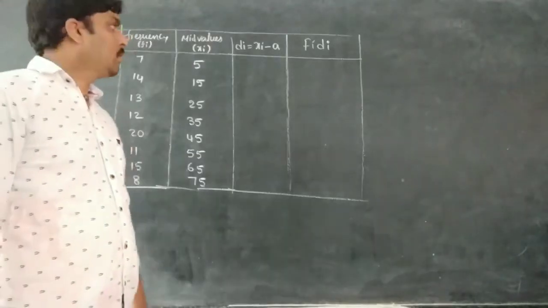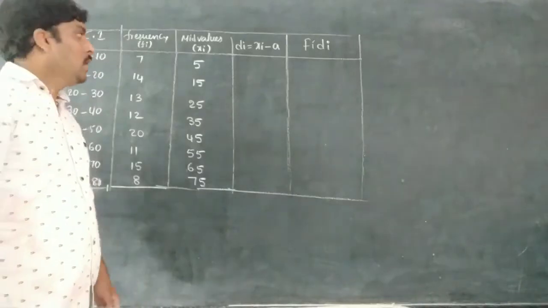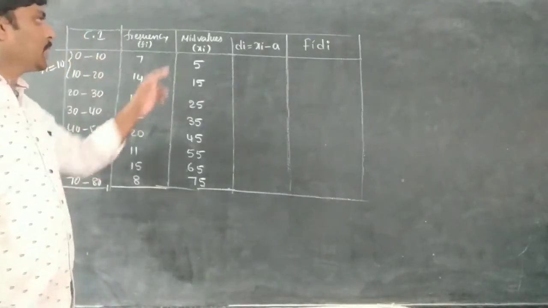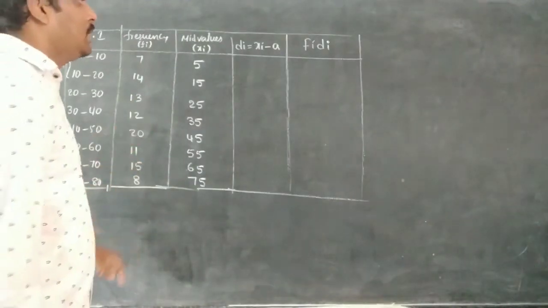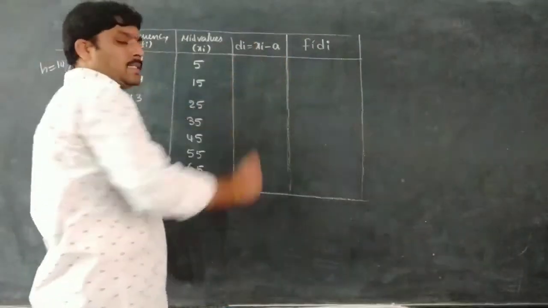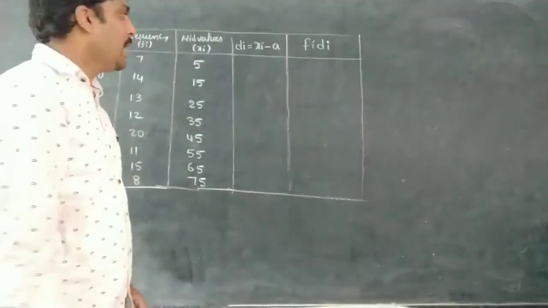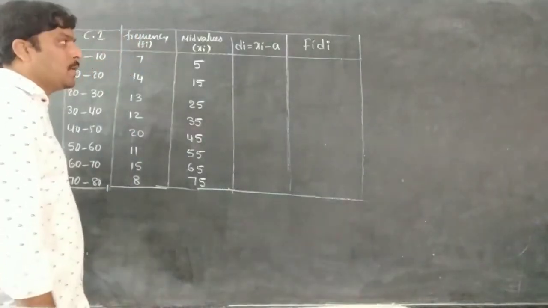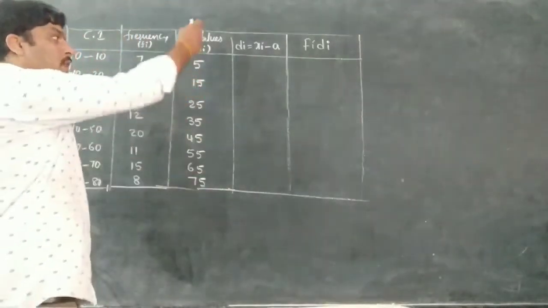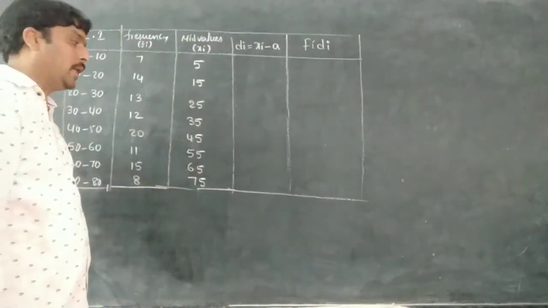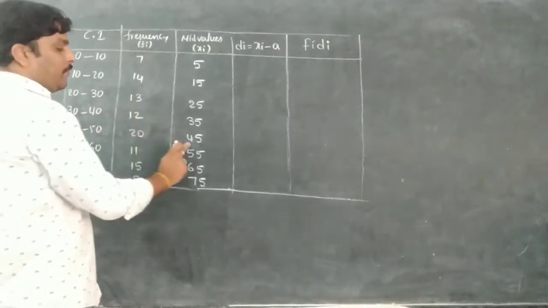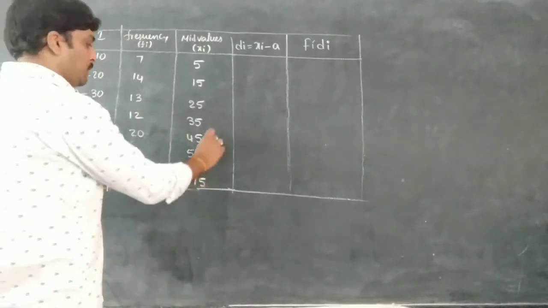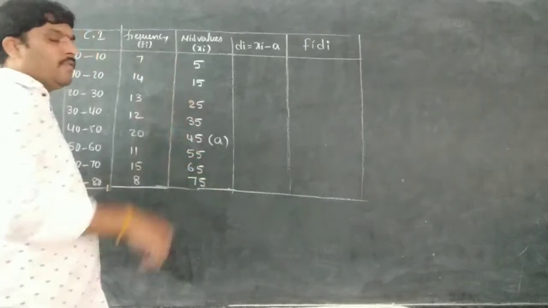Now here, the assumed mean method. Okay, first two columns, the mid values we have to find. After that fi di, here fi di. So di is equal to xi minus a. We need an assumed mean from the mid values. Anywhere you can take as the assumed mean. The mid value with the highest frequency taken as a is better, but you can take anywhere as you wish.